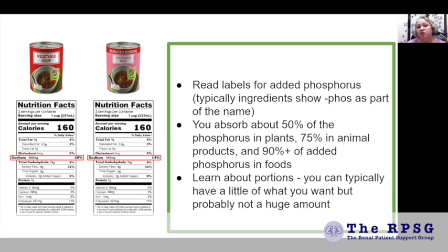But when you eat foods that have added phosphorus, that are added to do all different kinds of things to make them flavor better, to make them last longer, whatever, you absorb 90 to 95% of that phosphorus in the food. So what I want to encourage you to do is to read that label, especially on canned foods, and when you're making a choice, choose the one that does not have those phosphorus